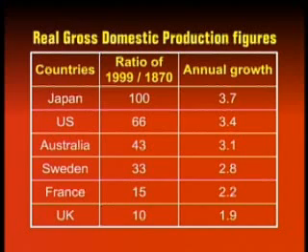Now let's look at the average annual growth rates that these countries experienced during these 130-odd years. The growth rate for Japan was 3.7%. This is the annual growth rate that, if compounded, would produce the level of activity, the level of GDP that Japan has today from 1870 to 1999. The annual cumulative growth rate for the US was 3.4%, for Australia 3.1%, for Sweden 2.8%, France 2.2%, and UK